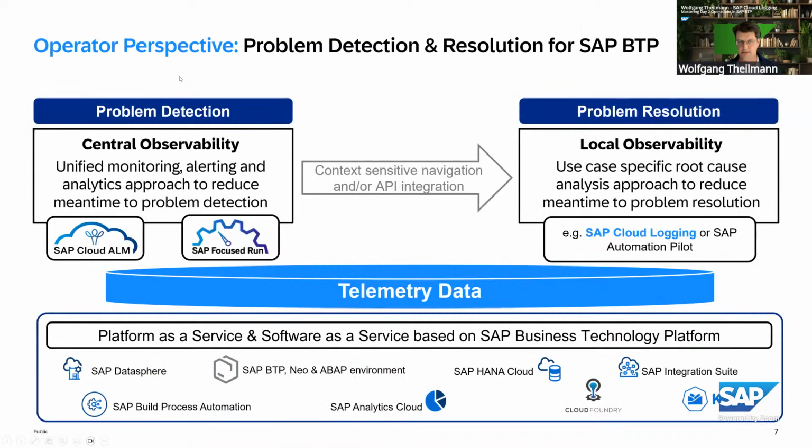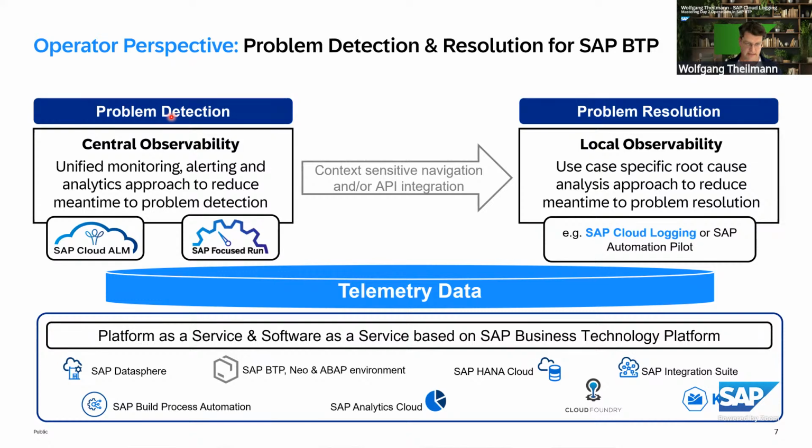The first one here is the operator perspective. That's a slide you might have already seen at the beginning of this series, where the Cloud ALM solution has been presented. You see it here on the left-hand side. Cloud ALM is really the central observability tool for BTP, but also for overall SAP solutions. So it's there to detect problems in the first place. However, now, if you go deeper into a BTP case, you want